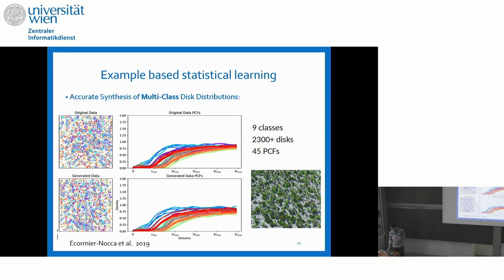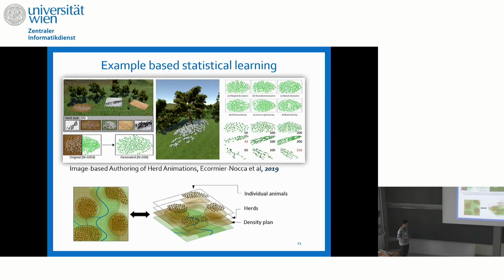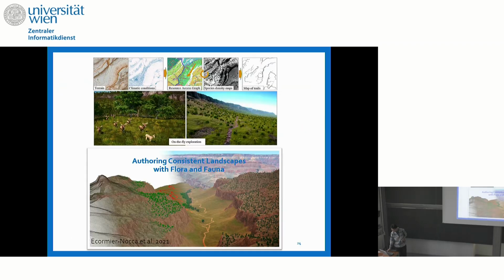So, to finish this parenthesis on ecosystem synthesis, we can go farther by incorporating, for example, directional information. In the case of herd animation, we managed to analyze it as a kind of vector field interpolation or synthesis, to adapt the movement and the shape of a herd of animals, given some input, for example, that can come from pictures, and then animate the virtual world with these moving herds of animals